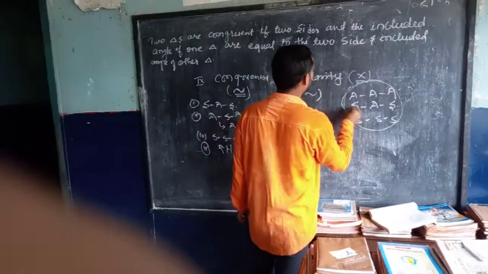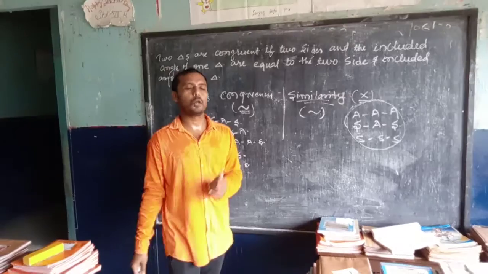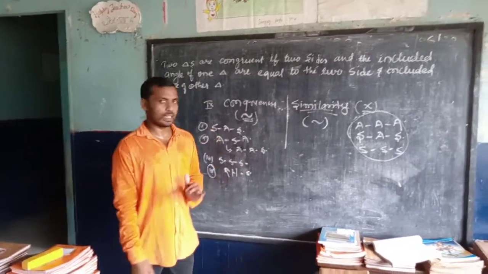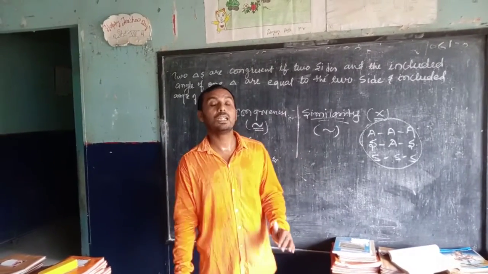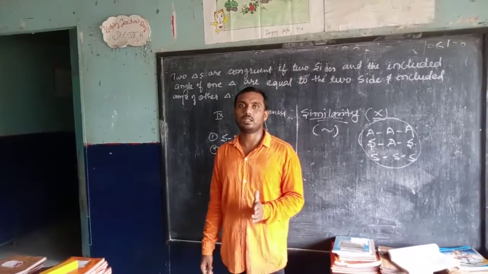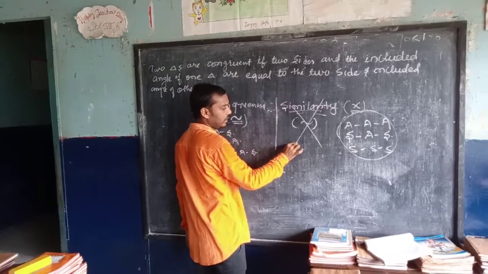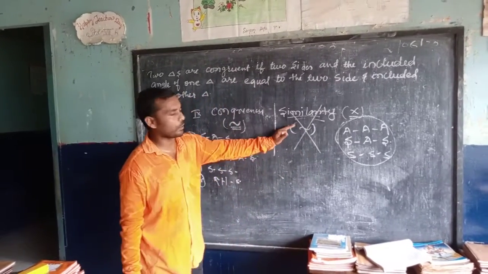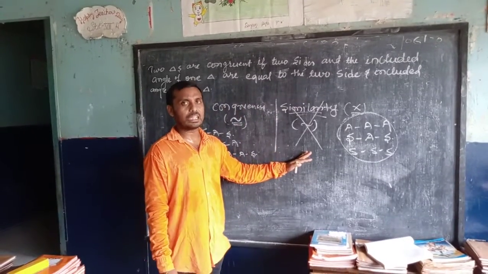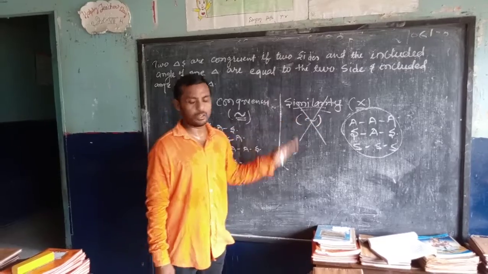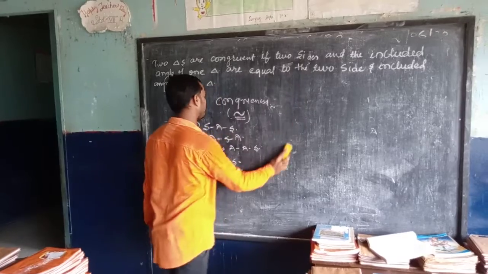This property we have to study in similarity, and this property we have to study in congruency. In congruency it is said that the shape and size must be equal, but in the case of similarity the sides are taken proportional. This we won't have to study in class 9, so let's end the topic of similarity over here. We will continue with congruency, and when we come to class 10 then we will see about similarity. Okay, so let's see the topic of congruency, students.